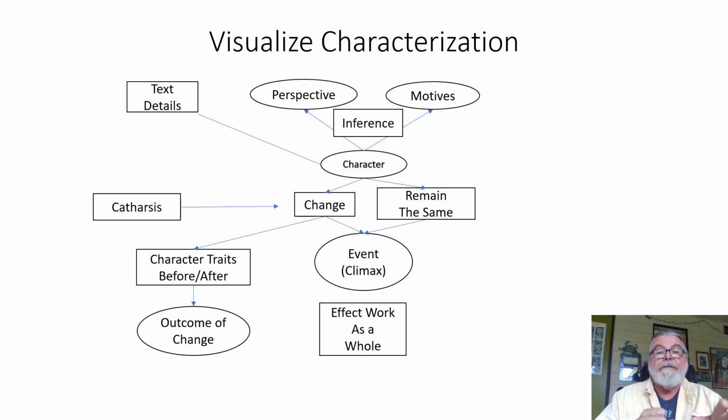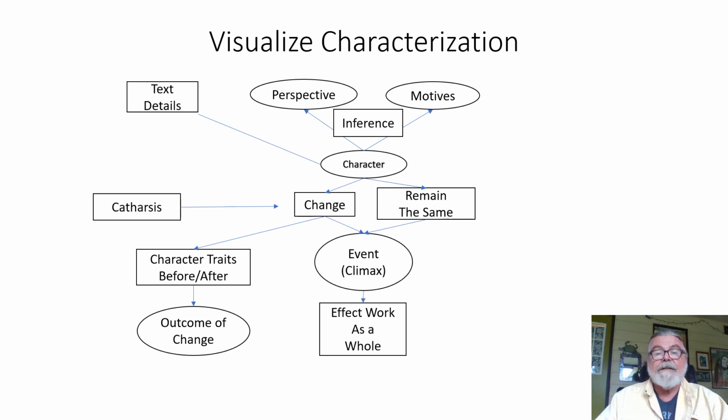Now, how did all of this affect the work as a whole? If we look back at King Lear as our example, we can see that King Lear is the character, and he had a change because of the actions that he instigated by dividing his kingdom. The climax was basically once he had banished Cordelia and divided his kingdom, he no longer had power. But then the results that came up: how did his character traits before and after, and what was the outcome, and how did it affect the work as a whole, which we saw the effects of the tragic hero and